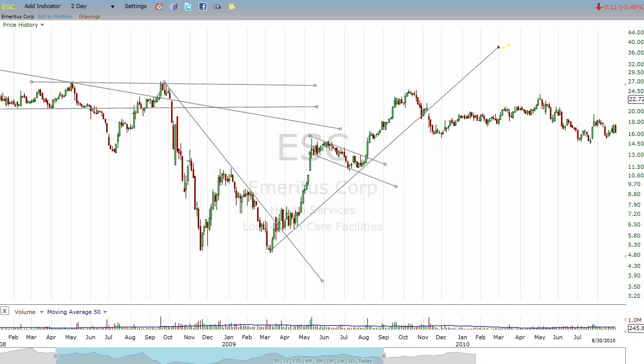Let me get that just right. Took that line out, but then did a back test, right? And then has gone sideways, made another pattern here. And the whole thing, to my eye, is a large inverse head and shoulders consolidation.